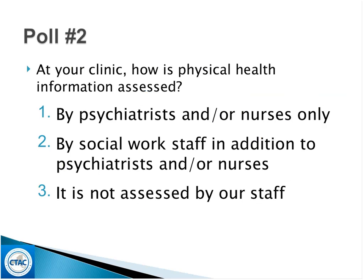So here's another poll, and this one says, at your clinic, how is physical health information assessed? Is it by psychiatrists and or nurses only? By social work staff in addition to psychiatrists and or nurses, or it is not assessed by our staff? So we're just curious to know, just like with the EHRs, we wanted to know how other people are obtaining